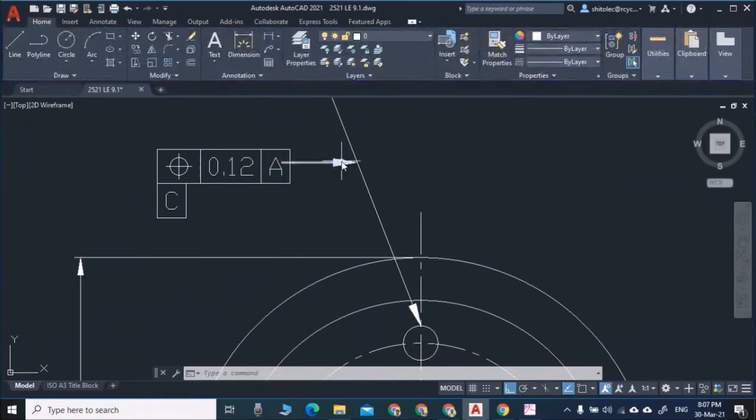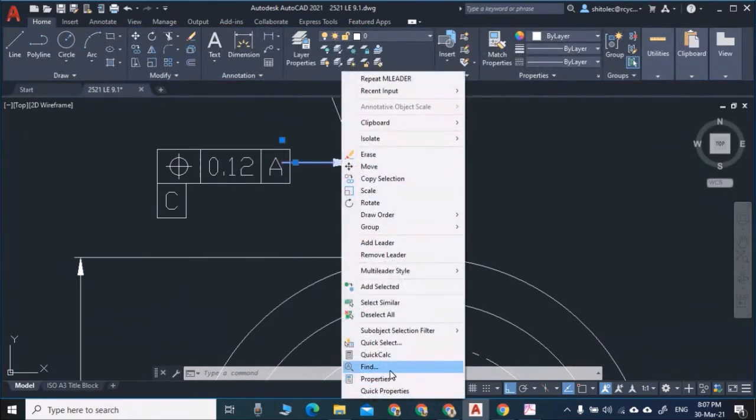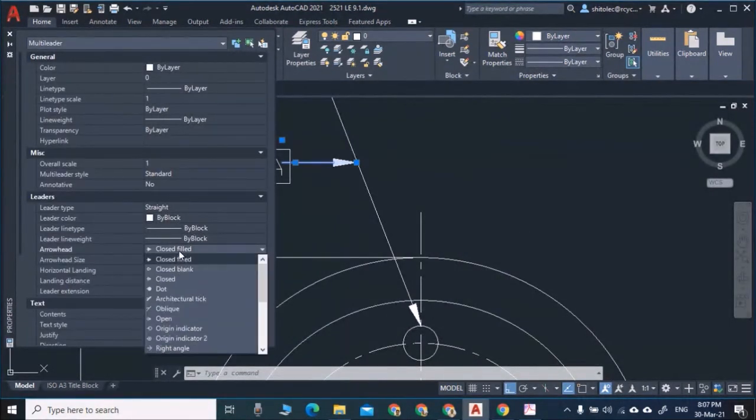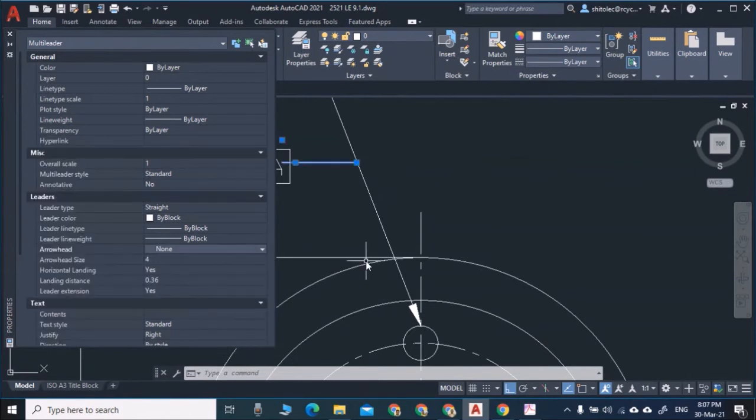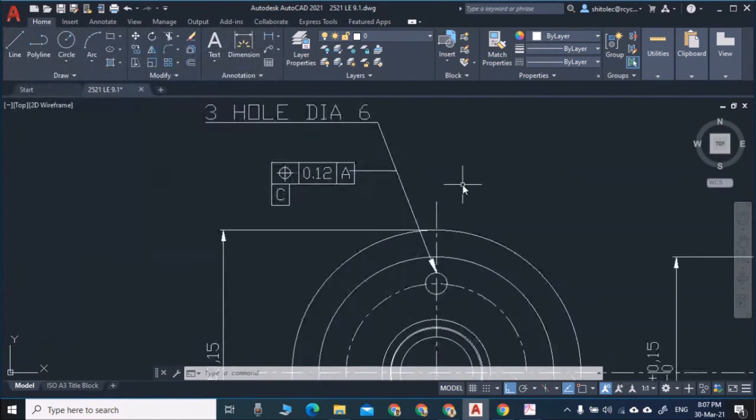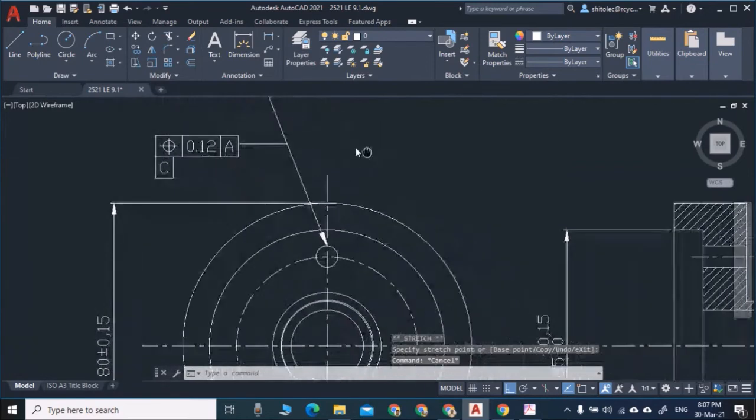Okay, escape, and now right click properties, and I will make the leader straight, arrow none. Go to right, close arrow, and here I will select none. Okay, so this is about the line. Or you can simply draw the line, no need of a leader here.